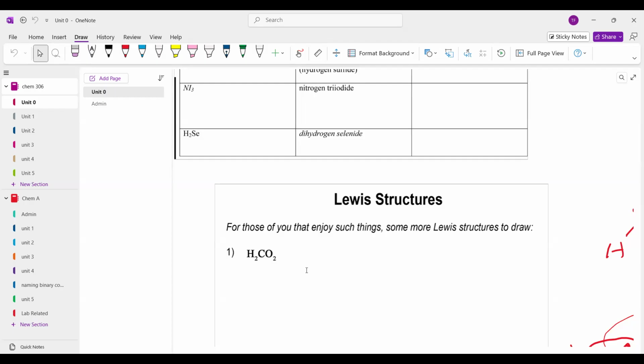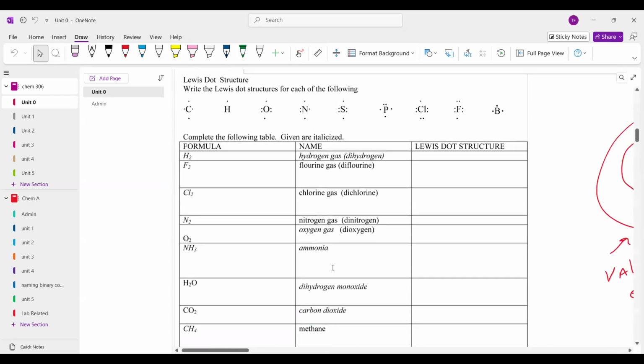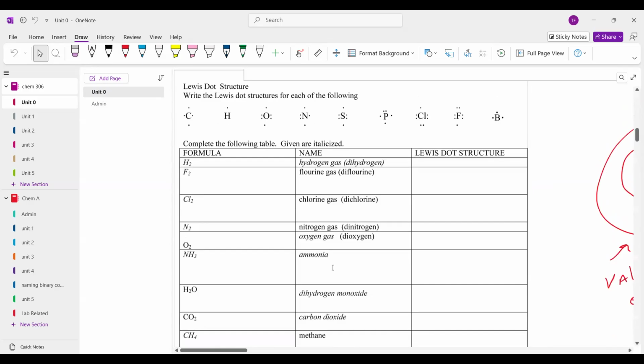Now, you're going to be drawing line structures, not just formulas, because line structures tell you the actual structure itself. The formula doesn't. Okay, so let's start here. Basically, Dr. Lewis, 150, 180 years ago, something like that, decided that formulas by themselves were less useful than if they had a structure itself.